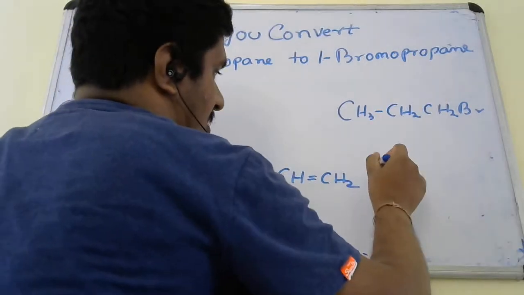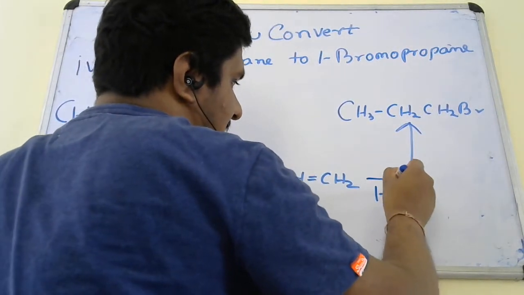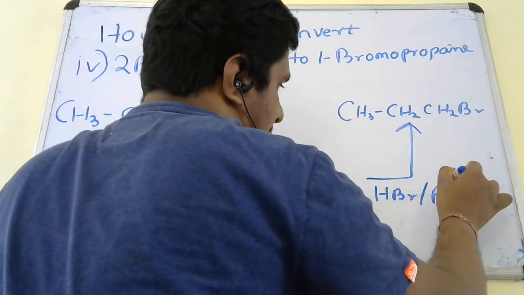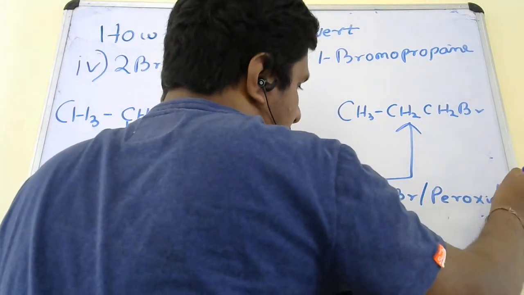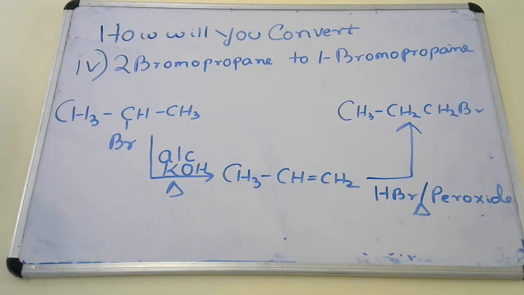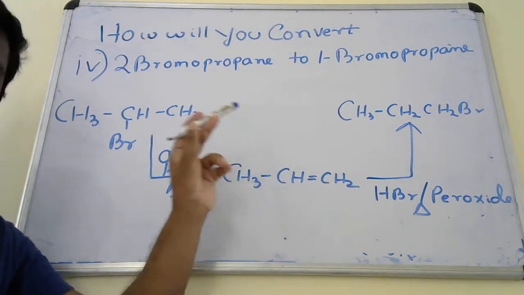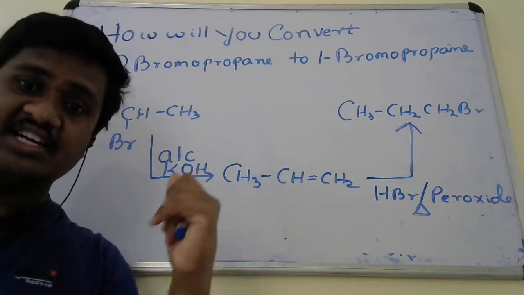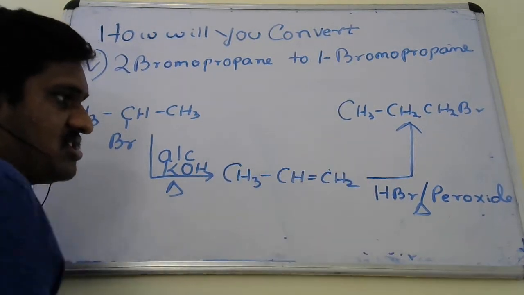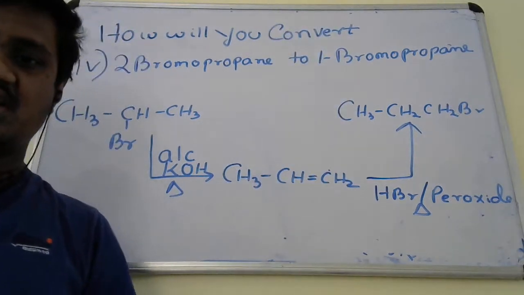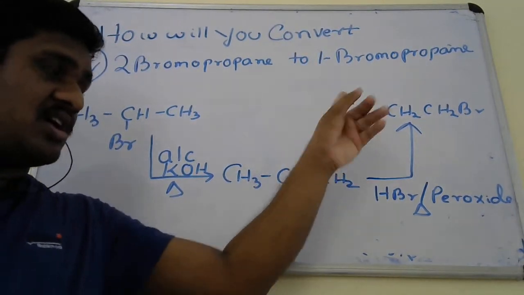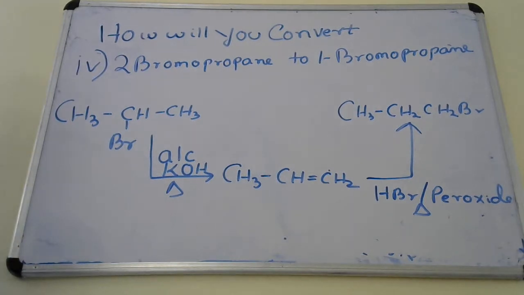1-bromopropane. So obviously the only reaction possible is the anti-Markovnikov effect, HBr in presence of peroxide. The bromine will be introduced in that carbon of the double bond which has higher hydrogen. So this carbon has higher hydrogen. Bromine is introduced there, anti-Markovnikov effect, and the double bond is converted into single bond. While the double bond is converted into single bond, please see that the tetravalency of carbon is satisfied or not. So very simple, and finally we obtain the product also.